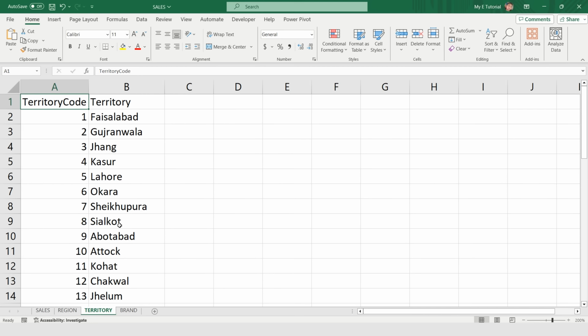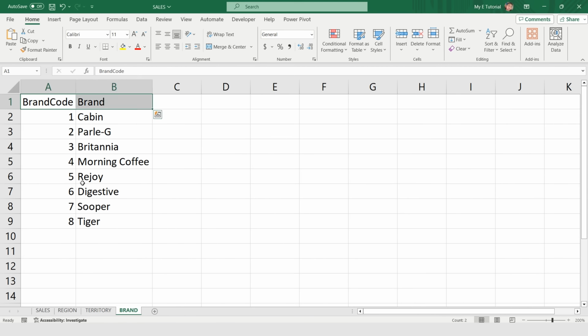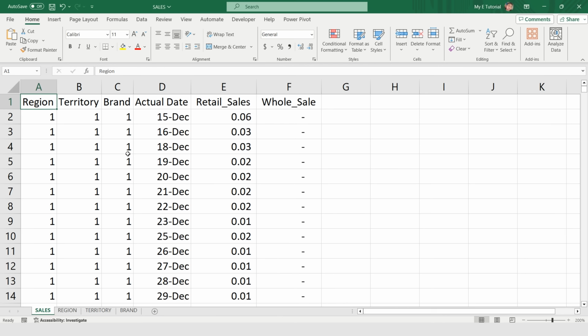Next, we have the territory table. It provides details about various territories including territory code and territory name. Moving on to the brand table, it holds information about different brands, each identified by a brand code. And finally, the heart of our analysis, the sales table. This is where the magic happens. We have data on retail sales, wholesales, the actual date of the transaction and the associated region, territory and